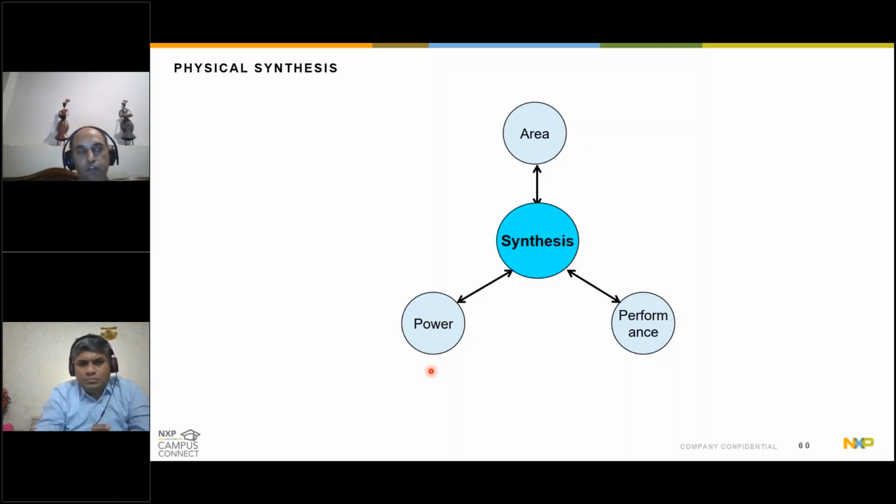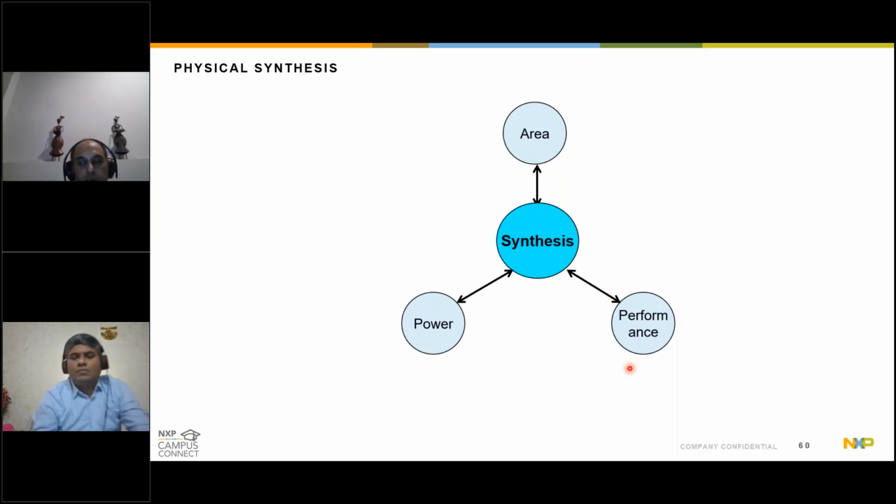That is both for efficient, low cost package design, and also the customers are very, very sensitive about the power consumption, because at the application level, different components will add up to their application level power footprint, right? So there are certain specifications coming from their standpoint. The third one, last but not the least, is performance, right? So your design has to work at a certain clock frequency. So your synthesis step has to meet all these three competing requirements while generating a gate level netlist.